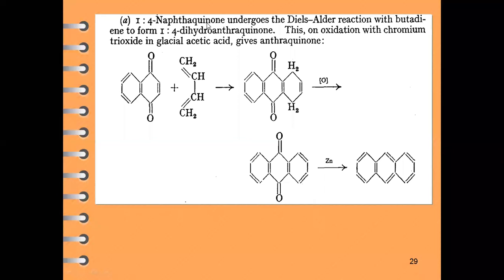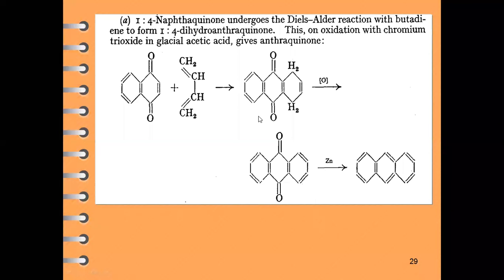When 1,4-naphthoquinone, the oxidation product of naphthalene, can be used in the synthesis of anthracene. How? When 1,4-naphthoquinone condenses with butadiene in a Diels-Alder condensation reaction, when we condense butadiene with 1,4-naphthoquinone, this condensation will result in the formation of